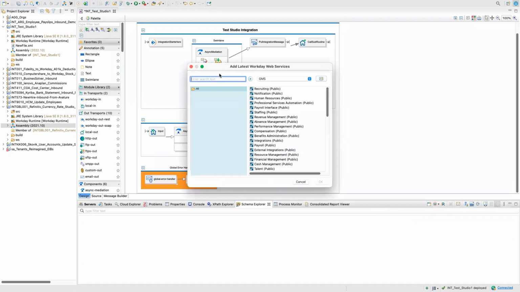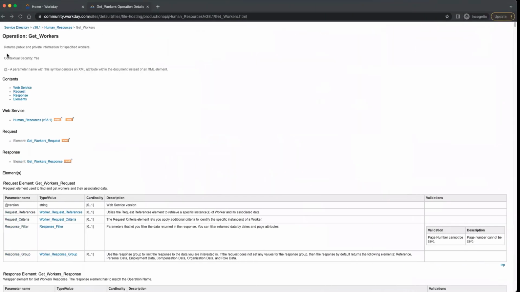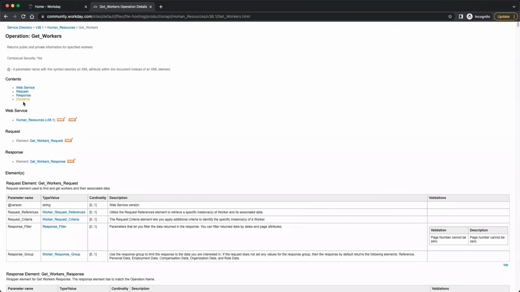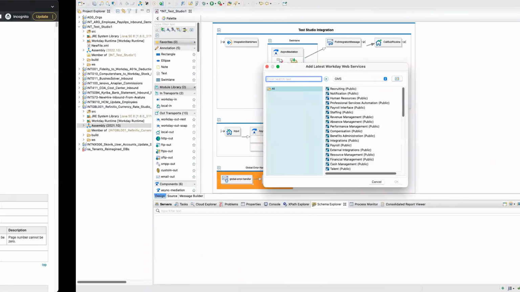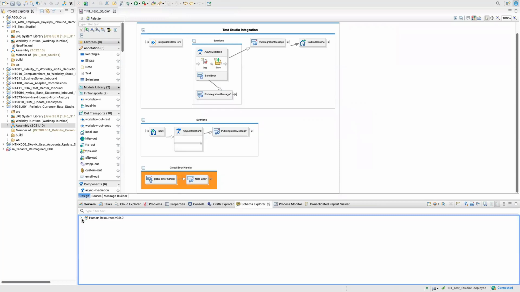Now you have to give your functional area, right? Say I am using, for example, this one, Get Workers, which is part of Human Resources. So I will just search here for human and it will come up. I click on this and I click on OK. What will happen is it will add all the Human Resources web services here. If I click on this arrow, it will show another child, and then again you have to click on the